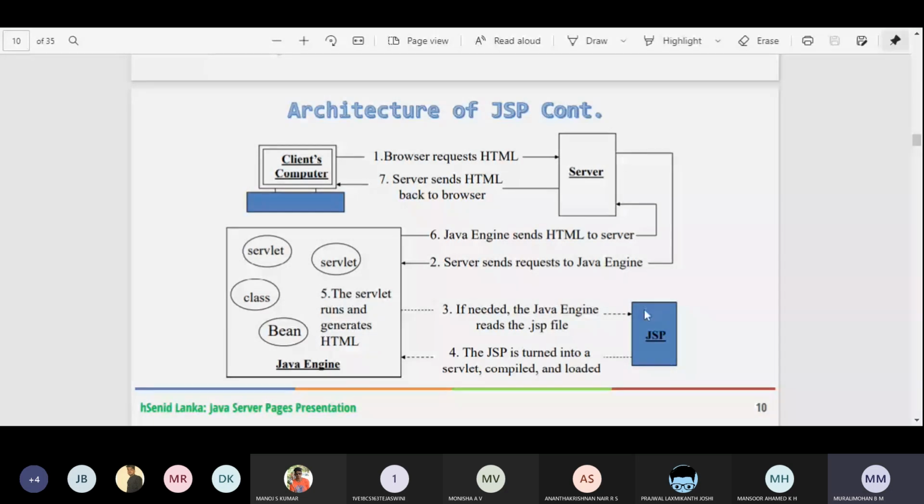Just observe JSP. See, the complete presentation logic we place inside the JSP. The JSP code we can write inside the HTML as well. Inside this JSP page, we can also write the Java code. Once we take an example program of a simple JSP file, there we will understand how to write it and where to write the presentation logic.